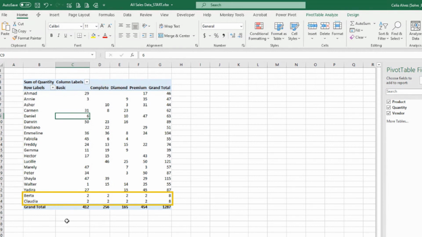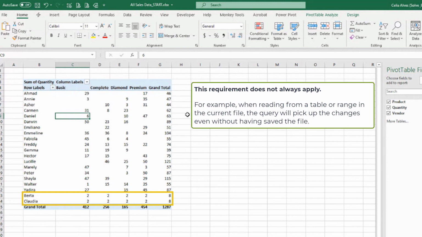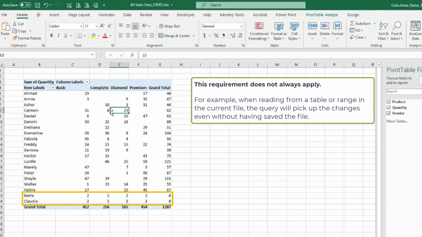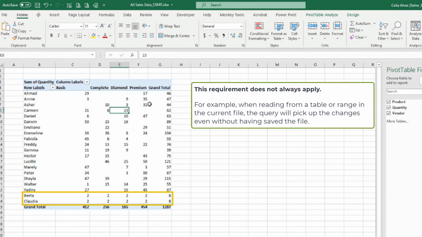So another tip there, you need to be sure that your file is saved, because Power Query will read the last saved version of the file. Okay,